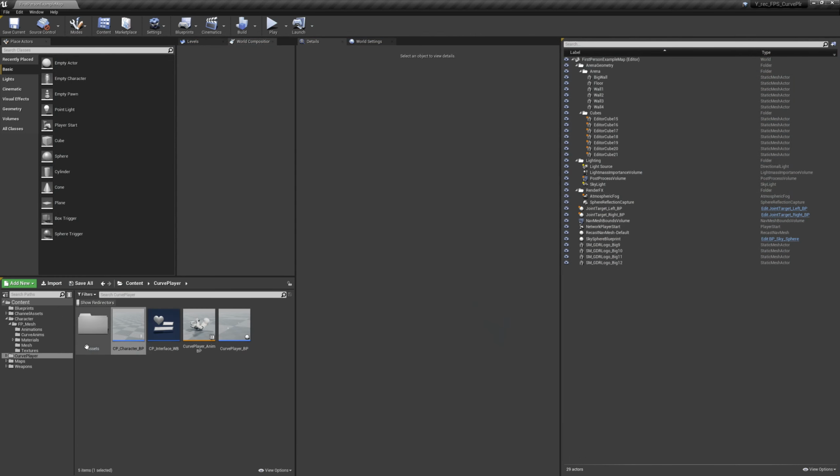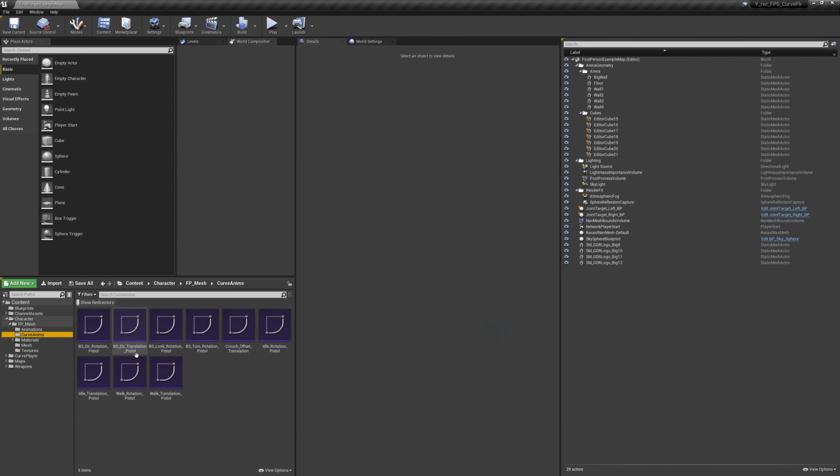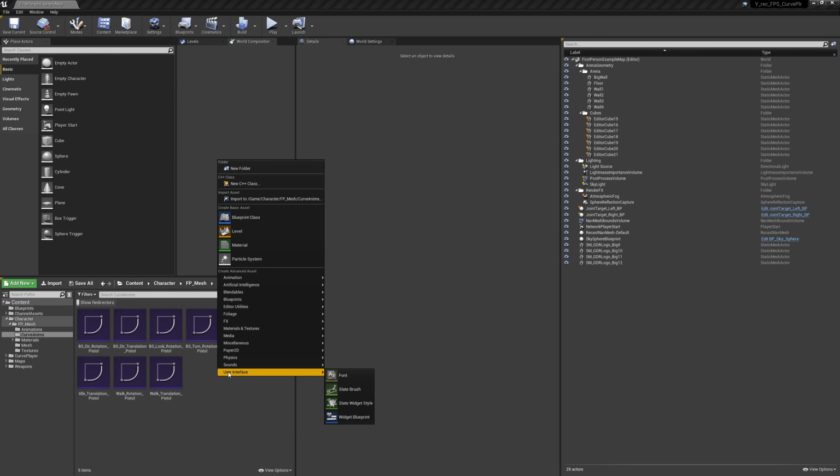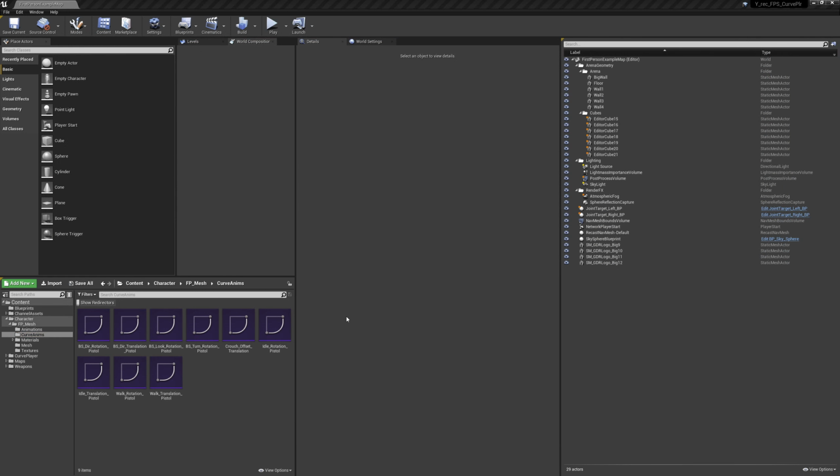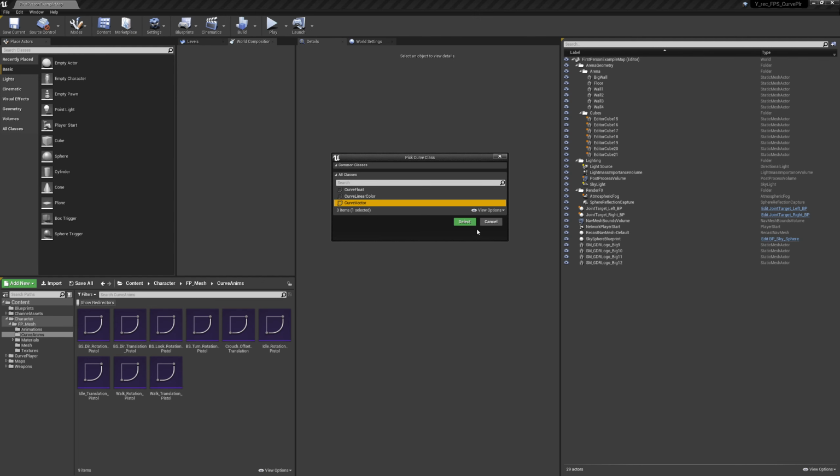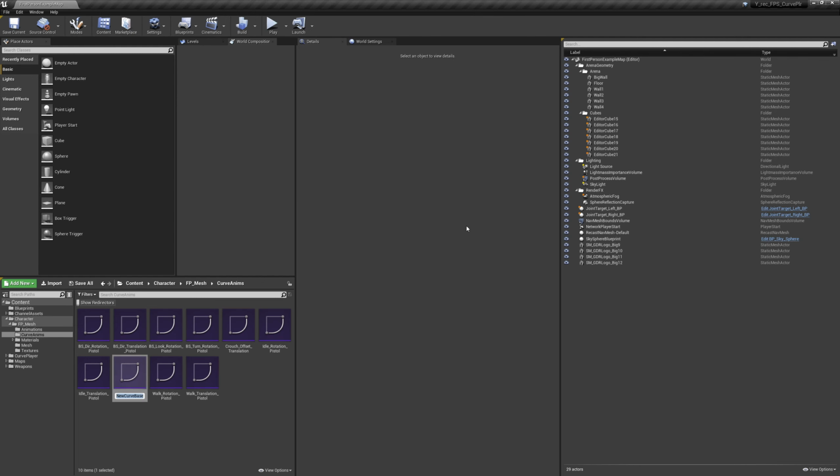So let's start by creating a curve, and first of all I need new curves. So I'm going to right click, go to miscellaneous and add a curve. It's going to be a curve vector, and that's going to be my lower translation curve for the pistol. Then I'm also going to create one for the rotation, so lower rotation pistol,